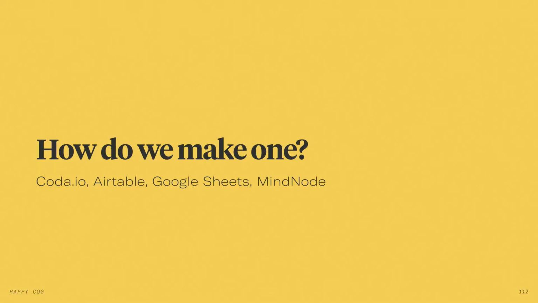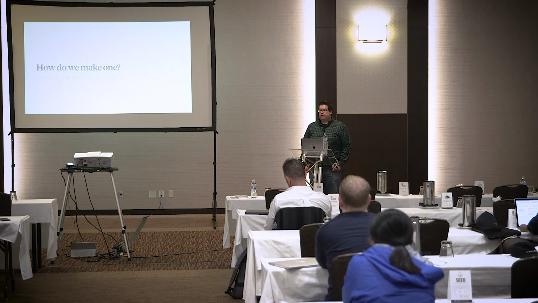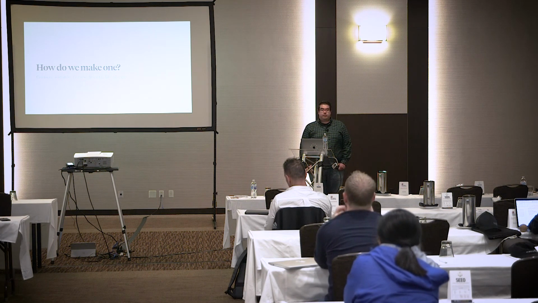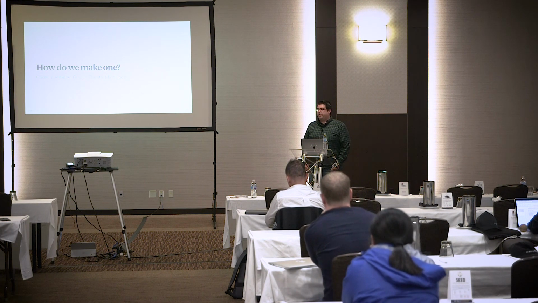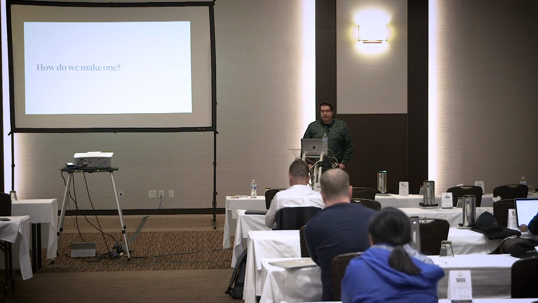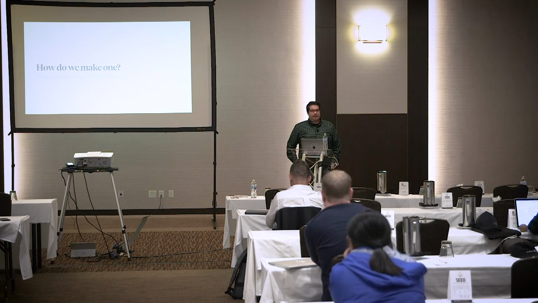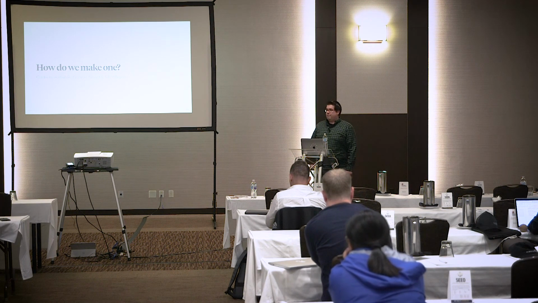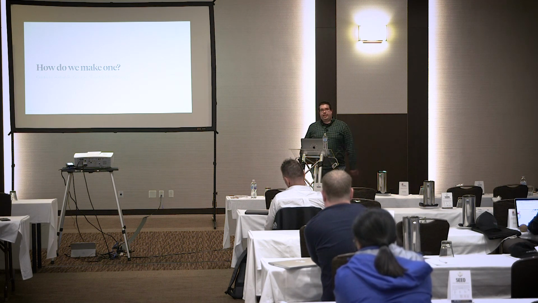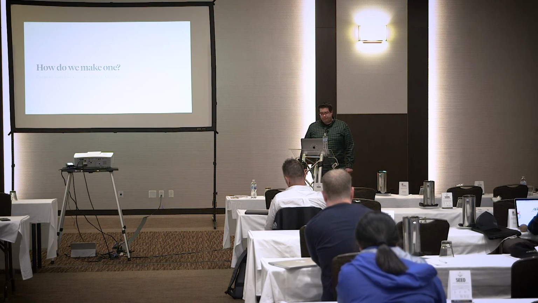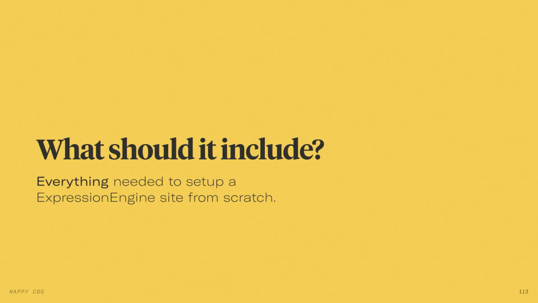How exactly do we make one? Well, there's a number of tools that we can use. Our current personal favorite is Coda. We learned about it from Coda from Panic, that they were changing the name of it and sold the rights, and I was curious what this other thing was. So it turns out it's Google Sheets on steroids. It's a mixture of Google Docs and Google Sheets, and has a bunch of relational parts to it, so you can really spec out an ExpressionEngine or a Craft site pretty easily with a tool like this. Then there's things like Airtable, Google Sheets, even mind mapping software like MindNode. It doesn't really matter what the tool is, it's the fact that you're stopping, putting thought into this, and planning this out with something. So what should this include?